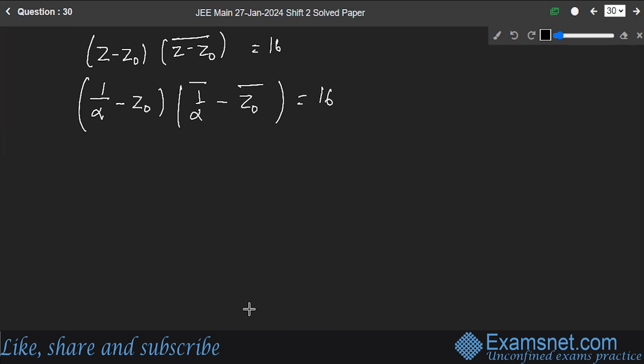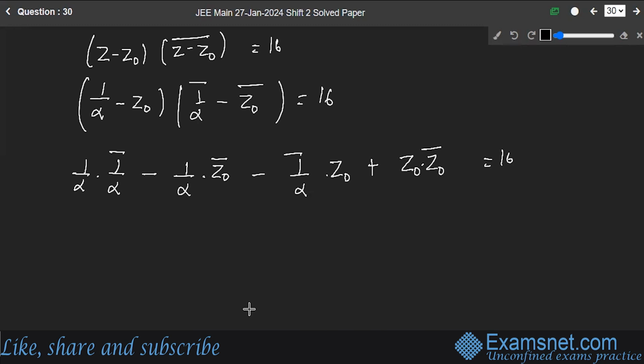Let's do the multiplication. You have 1 upon alpha into 1 upon alpha conjugate minus 1 upon alpha into z naught conjugate minus 1 upon alpha conjugate into z naught plus z naught into z naught conjugate is equal to 16. This is equal to 1 upon alpha modulus square, and here was minus